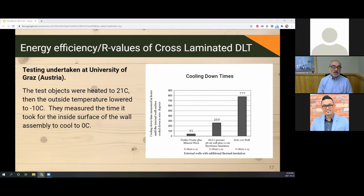So the passive house stick frame wall was frozen on the inside after 41 hours, so literally just 2 days. The brick wall with the styrofoam insulation took 259 hours, a little bit over a week. And the solid wood wall with the wood fiber insulation took 770 hours, so over a month. So even though they had the same R value, those